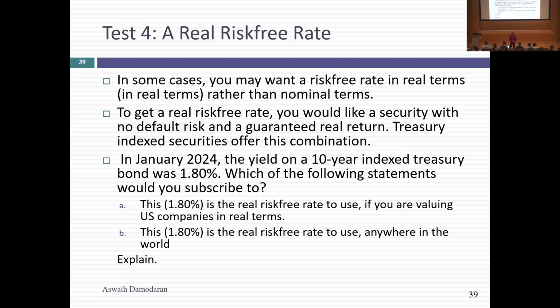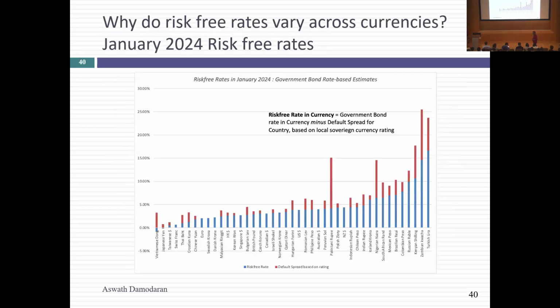But if you want to do things in real terms, you can have a real risk-free rate. Just use the TIPS rate. Implicitly, you are assuming that this is the real risk-free rate no matter where you go in the world, because capital can flow freely. If capital can flow freely, you shouldn't have different real risk-free rates in different parts of the world, because money will flow out of low-rate countries into high-rate countries. Already you can see the layers. When we started this process, the risk-free rate, that should be easy. But you can see already that there are layers here that you might have to delve through